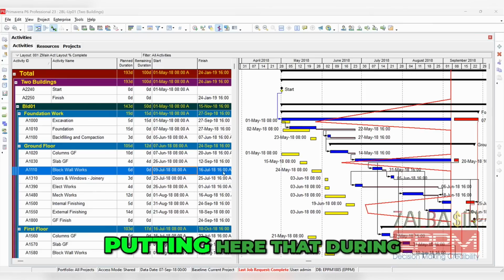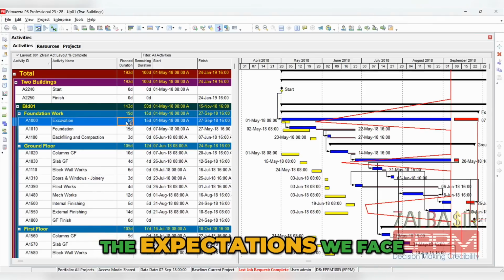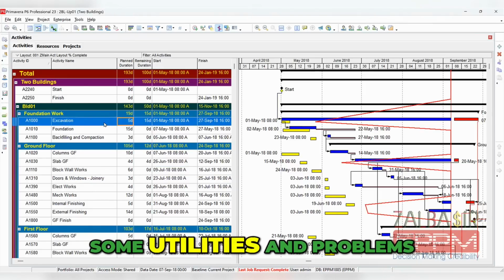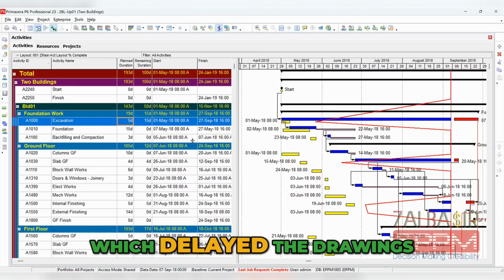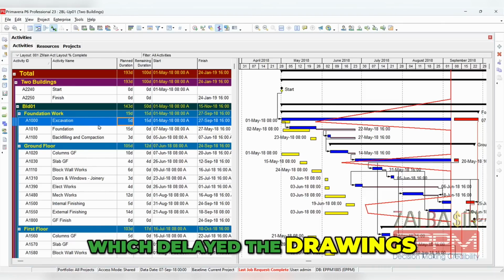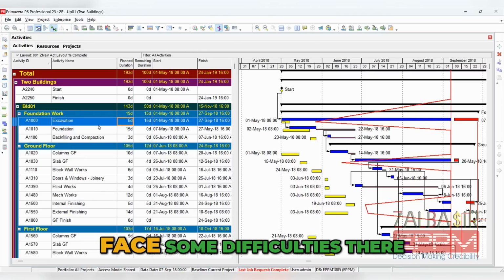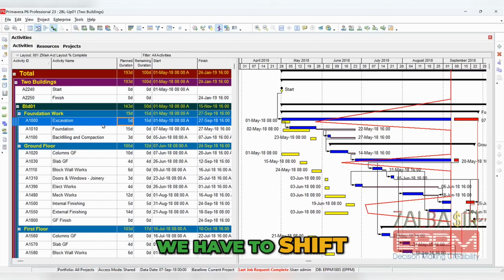However, the scenario we are putting here is that during the excavations, they faced some utilities, some problems in the first building, which delayed the drawings and design because they faced some difficulties there. They have to shift things and then delay the project. Now,